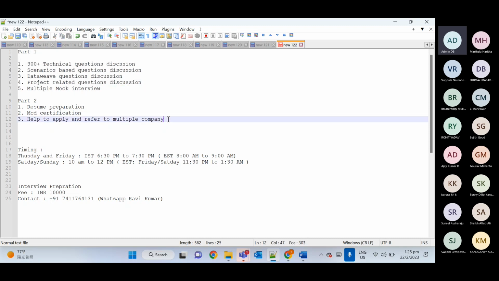And second part, parallelly, we will keep working on this part also. So I will help you to prepare your resume. Most of you should have one resume, but you might not have provided details in a proper way. So I will help you to align it and make it in proper way. Today we will work on one resume part.